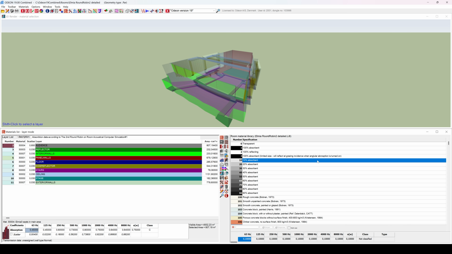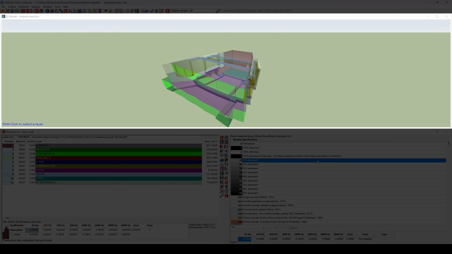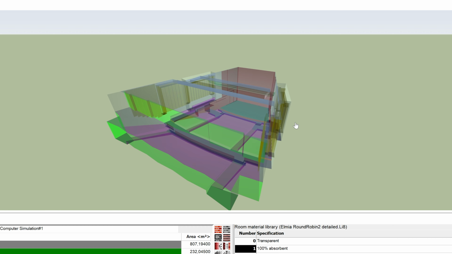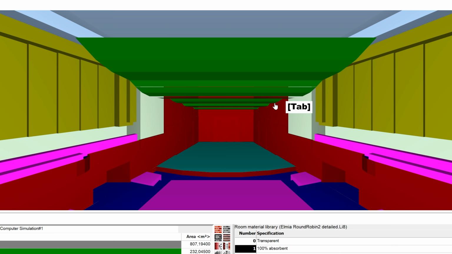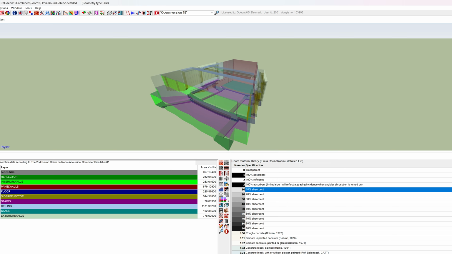To switch between the outer and inner view, first click on the top window to make it the active window. Then toggle with the Tab key. You can also save inner and outer views and cycle through them.